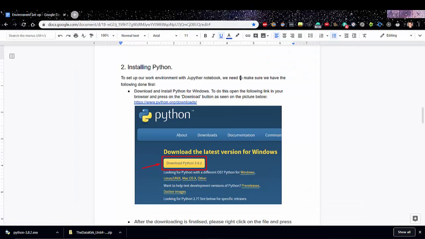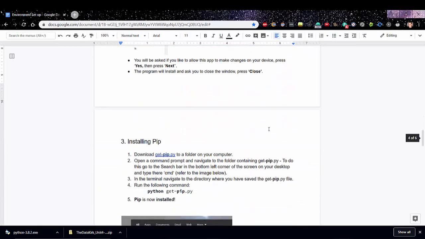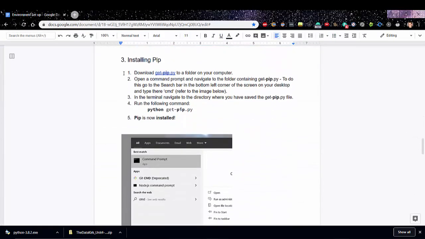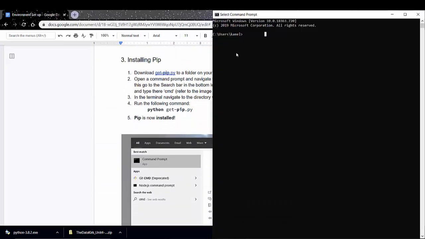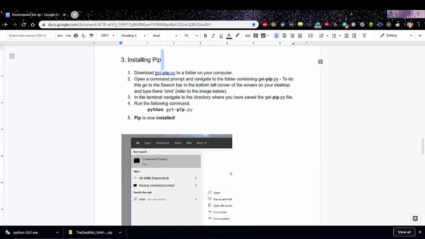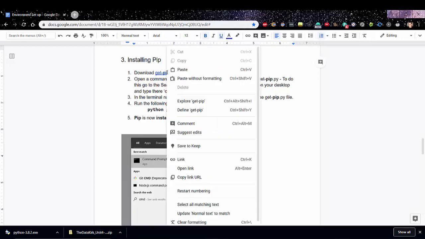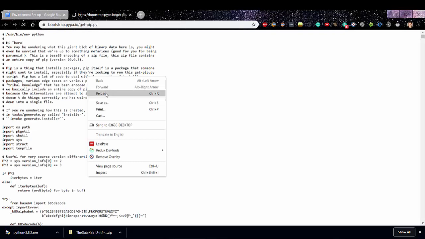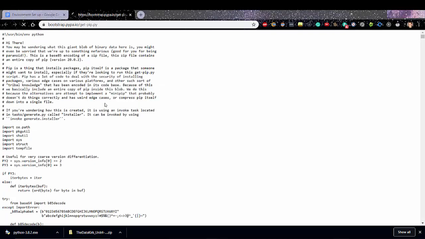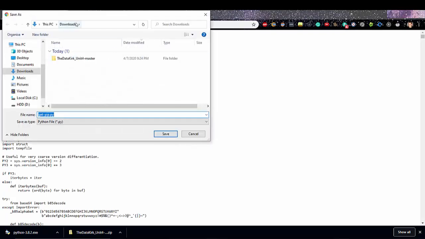After this stage is done, the last part we need to do is actually install pip. To do that, we need to have our terminal open. This is my terminal, and we need to download get-pip.py to any of the folders on our computer. So I'm going to simply open this on a new page and save it as a file in my downloads directory. I save it,